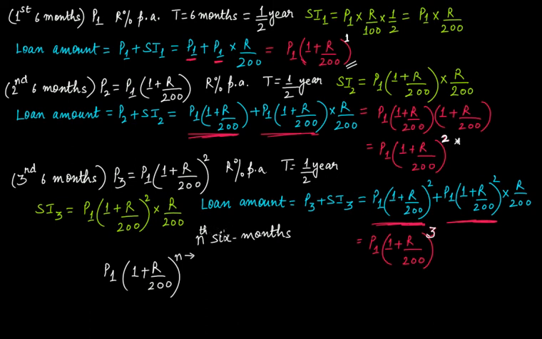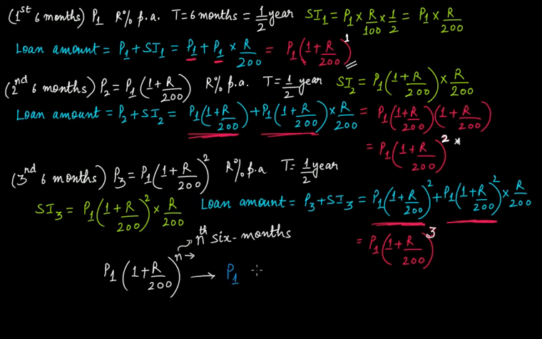But this is not a good formula because we always talk in terms of years, right? Here n is what? 6 months. So there is a better formula for this one. Just a little change. Here n is telling you the number of periods of 6 months. But if you have to talk in terms of years, then your formula will be